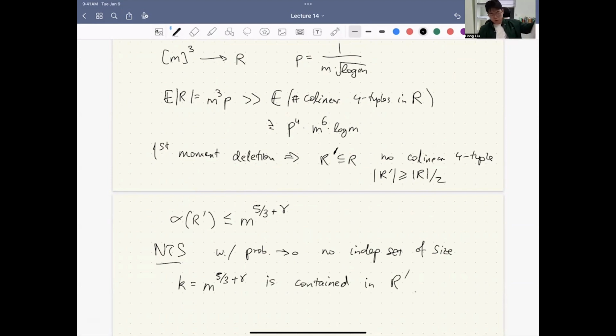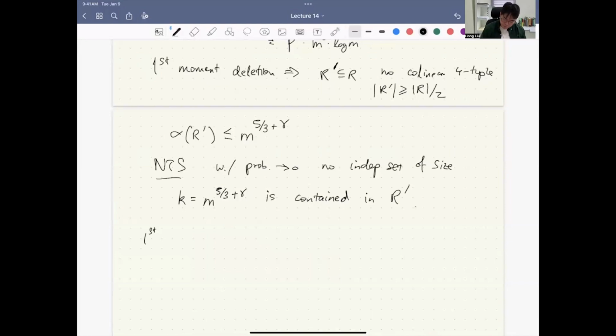For this, you just use the first moment again. So the expected number of independent sets of size k